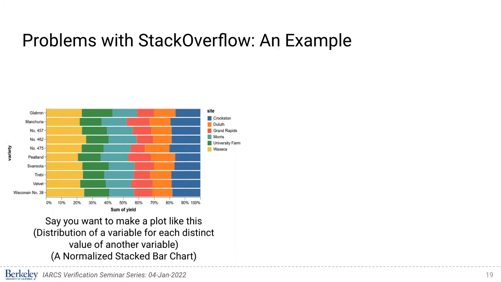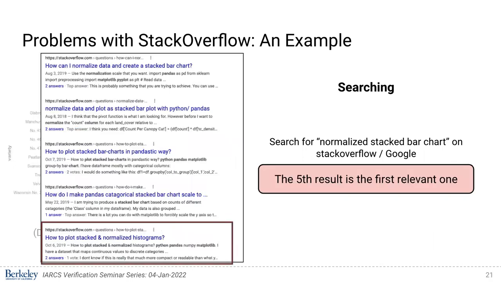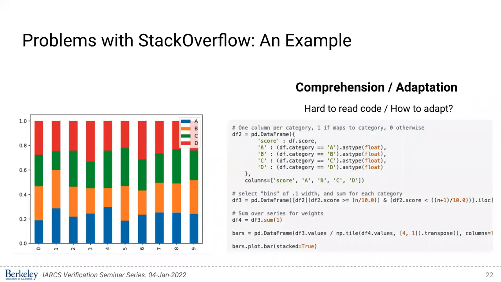Suppose you want to make a plot like this, where there is a bar for every distinct value of a variable, and each bar itself contains a distribution of another variable. This kind of plot is called a normalized stacked bar chart. And say you want to use a plotting library like matplotlib, so you would go on Stack Overflow and Google and just search for this phrase, to find code snippets on how to do this. If you actually search for this, it turns out that on Google, only the 5th result is actually relevant. And it's relevant because it actually contains the plot in the answer, which looks something similar to what we're looking for. But if you look at the code,